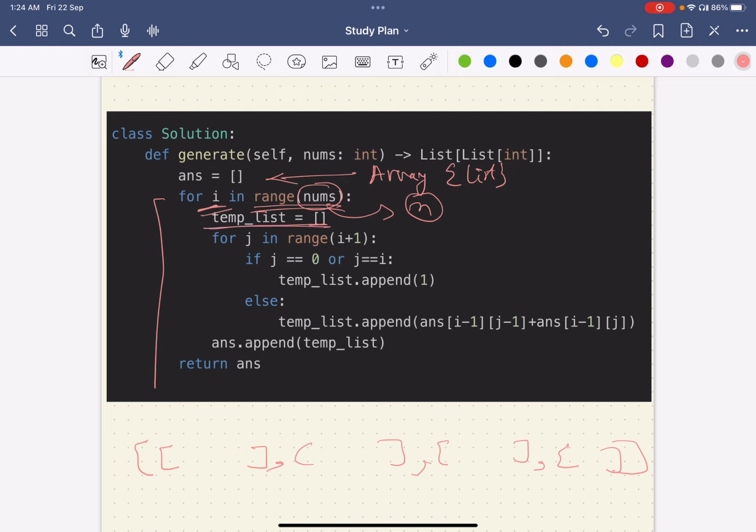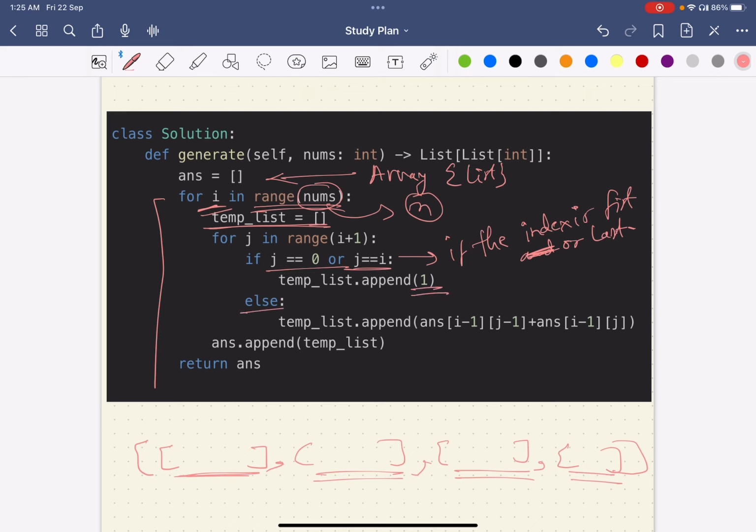The temp list will be these lists actually. And what condition will we put, and how will we assign within each of these lists? If the index is first or last, then we will append 1,